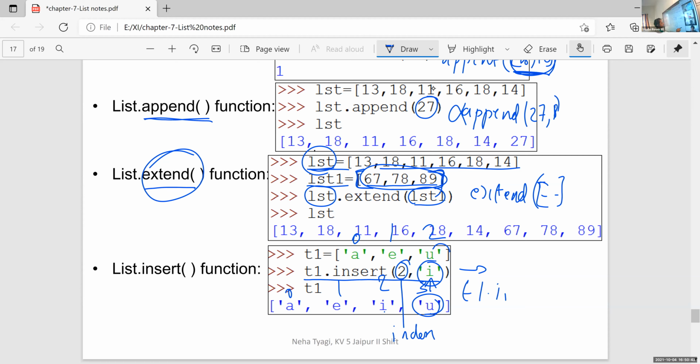T1.insert within bracket. It's not clear. First, you want to write the position. Which is the position here, Rahul? I want to insert J in first position.